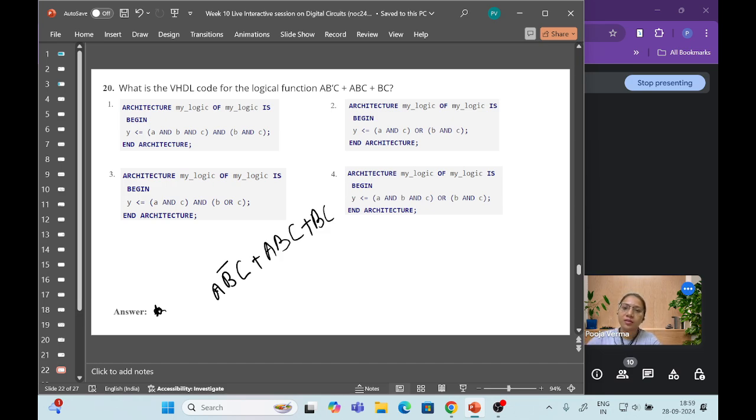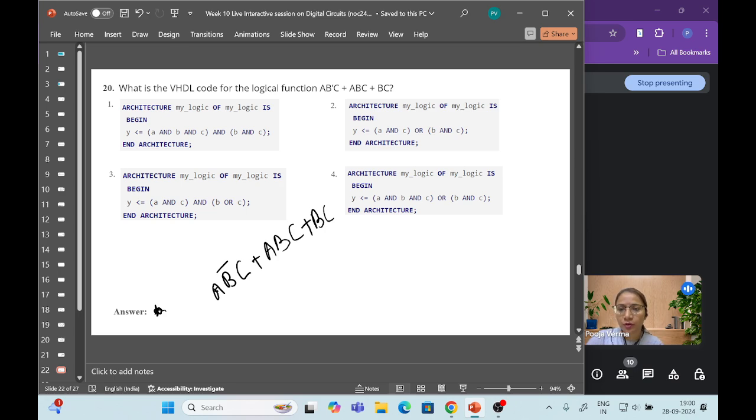Regarding this logical function, which VHDL code is suitable? So go by options. Option 1, the first one, is an